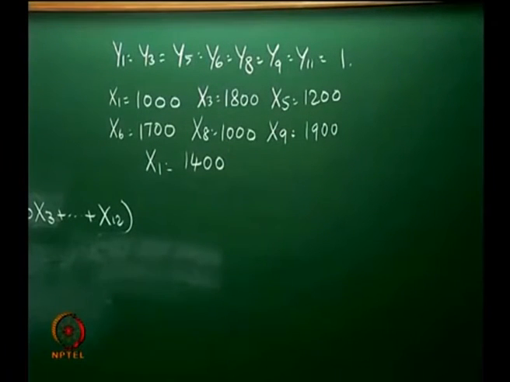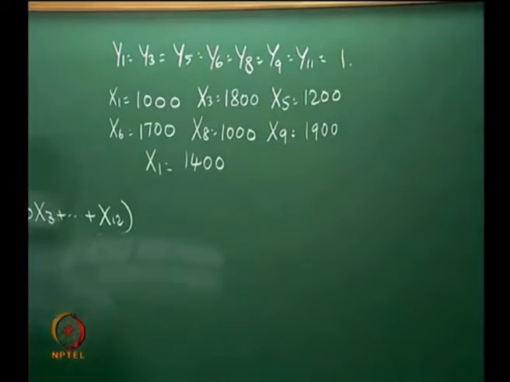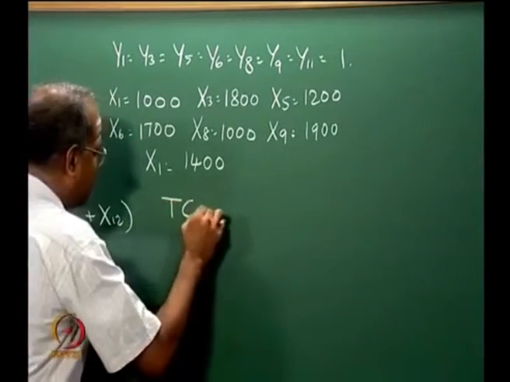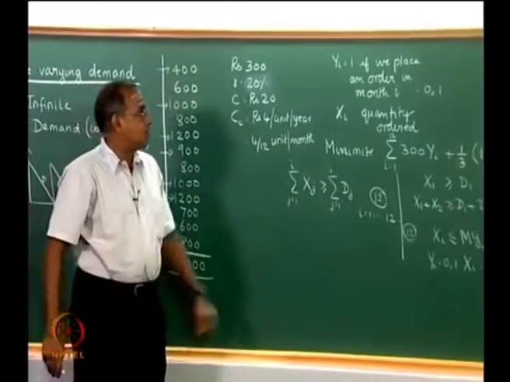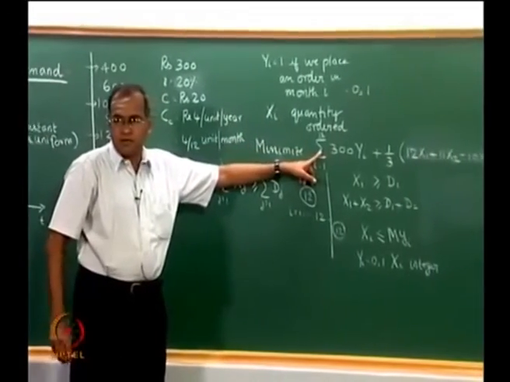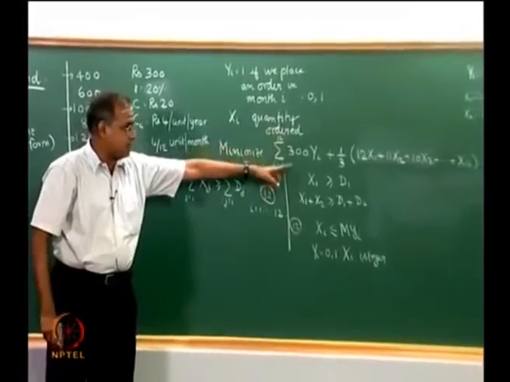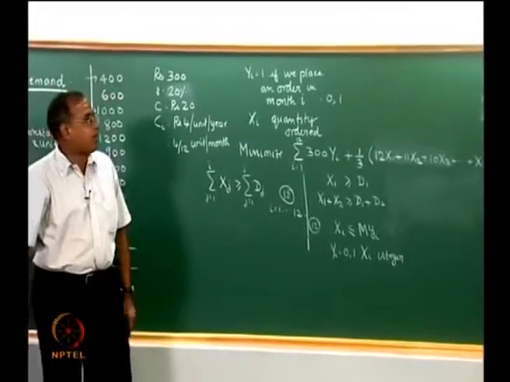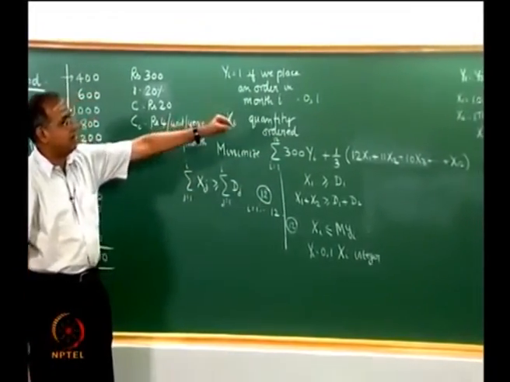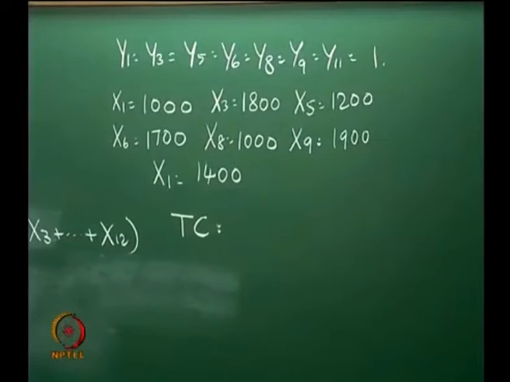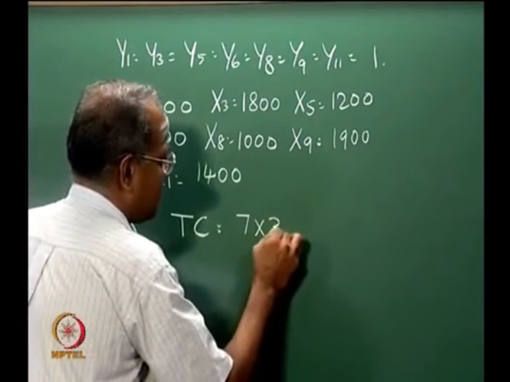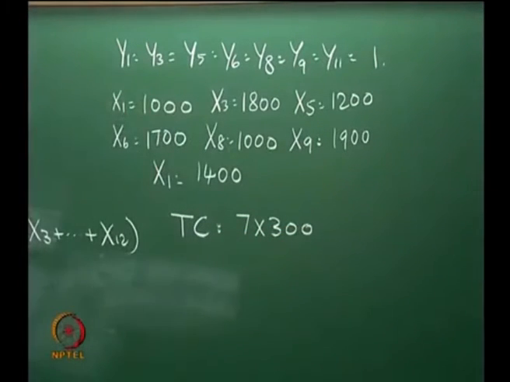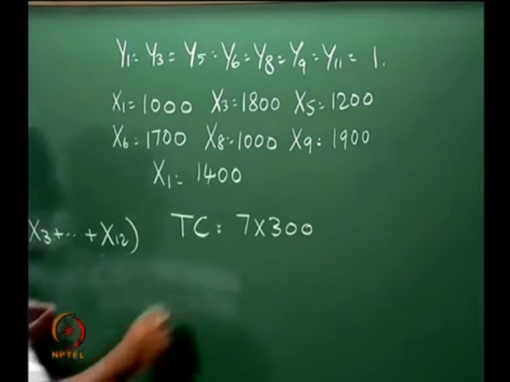Now what is the total cost associated with this system? Total cost would be given by the objective function value here. This would be the objective function value, plus of course that constant has to be added. So what we will do now is we will compute the total cost. So there are 7 orders here, so 7 into 300. The inventory holding cost is plus 1 by 3